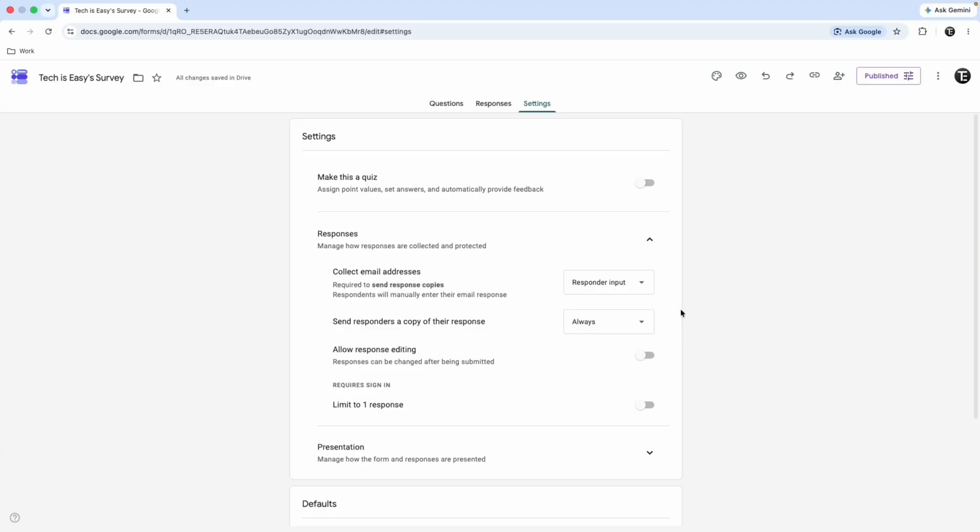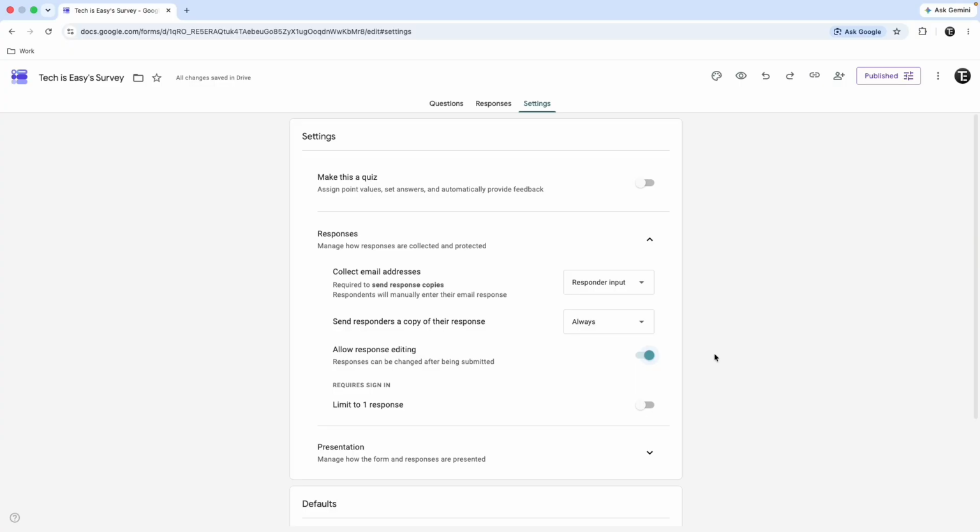After that, a new setting that has come up is to allow editing of responses after submitting the form. This option did not exist earlier, but if you want to enable it, you can do that from here. Now what will happen is that after submitting the form, they'll have an option to edit responses. If they click on that, then they'll be taken back to the form and they can submit it again